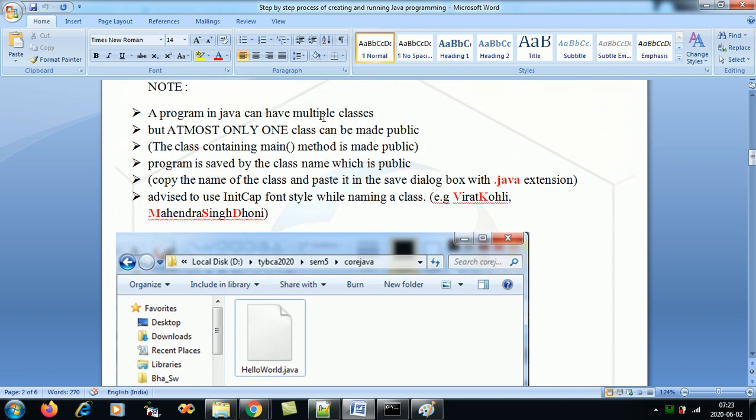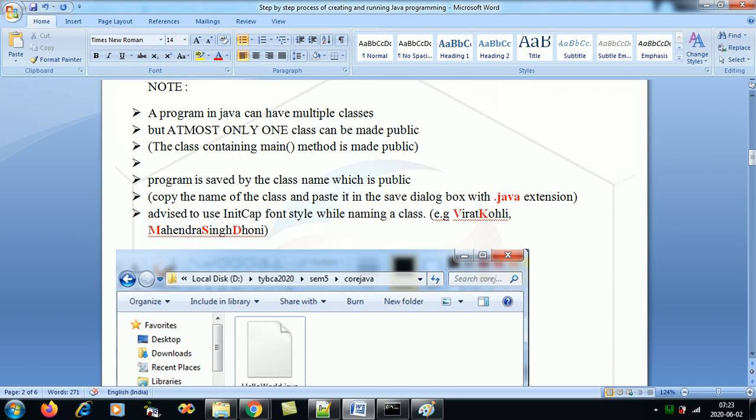A program in Java can have multiple classes as discussed. We had HelloWorld, Student, Teacher, but at most only one class can be made public. And which is that class which is made public? The class containing the main method is made public. What was the name of the class which contained the main method? The name of the class was HelloWorld, right? So the program is saved by the class name which is public. So the program will be saved as what? HelloWorld,